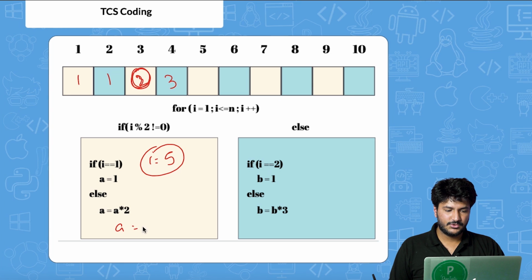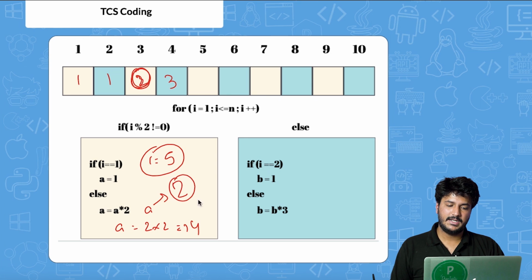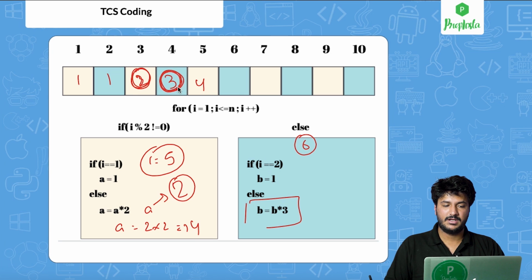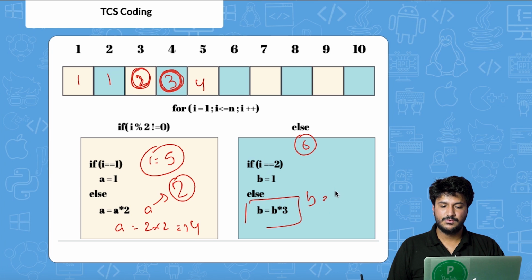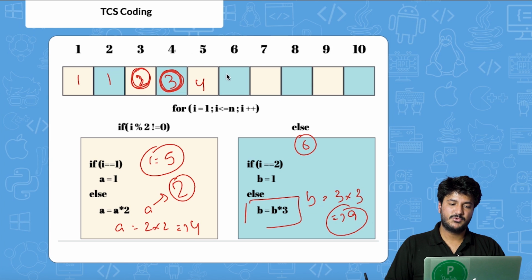So A is equals to 2 into 2, that is 4. That is, A's previous stored value was 2 for us, right? So again 4 is printed here. Again, if we go to I value as 6, right? So it comes here, the previous B value was 3 that was stored here. So again B is equals to 3 into 3, that is 9, and then it comes to be 9, then